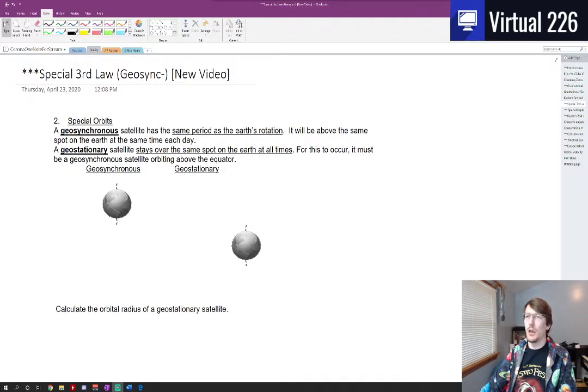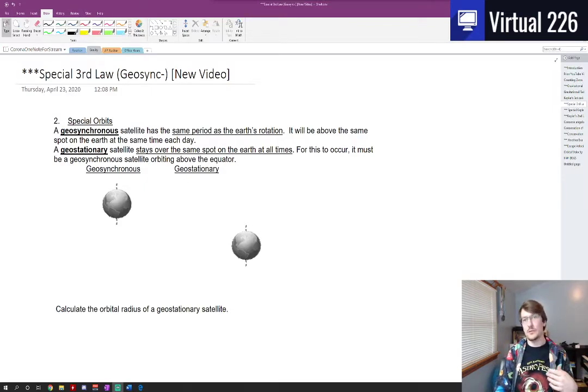Bologna. Bologna. Bologna. Bologna. So we are looking here at a special case for Kepler's third law, which states that the orbital